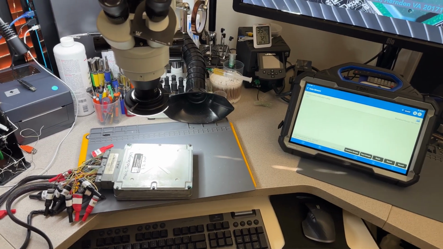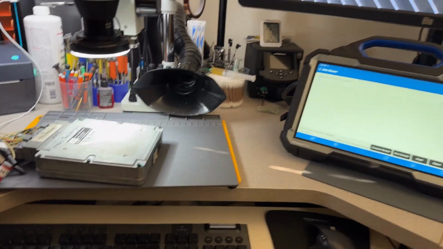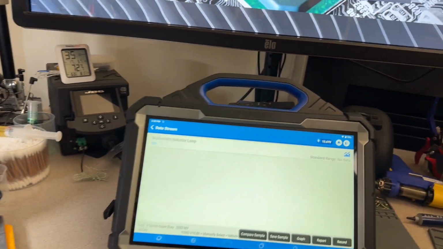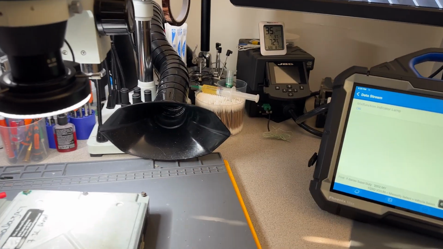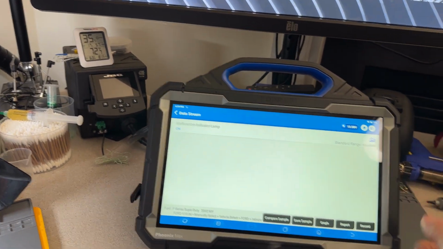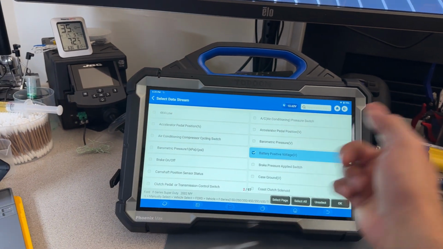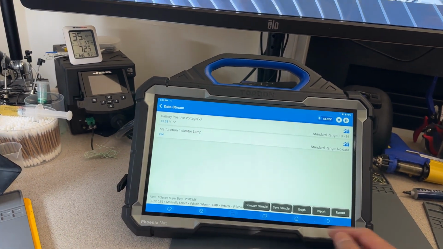One thing that I want to test, because I did see that he has no check engine light. In mine, with nothing connected, just the computer talking, I do have the malfunction indicator on. And I can show you that we do have communication. Let me just connect the battery voltage. And we are reading